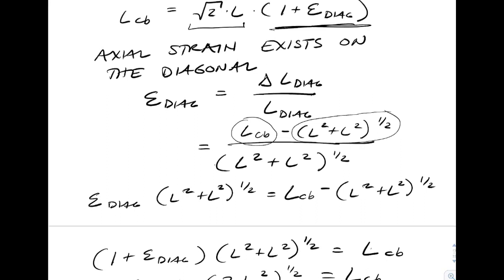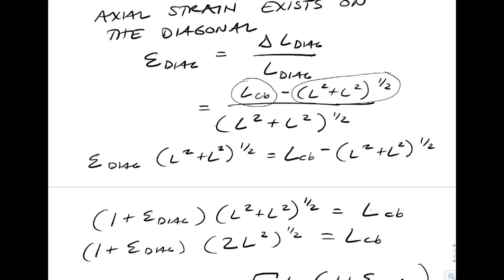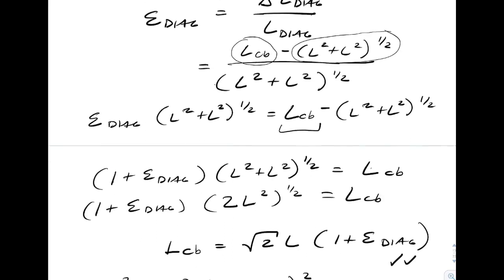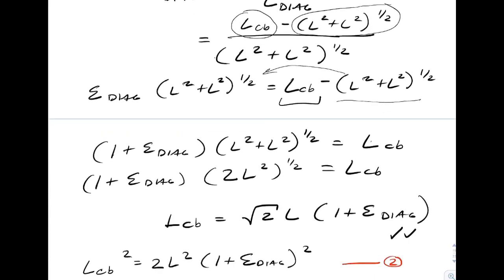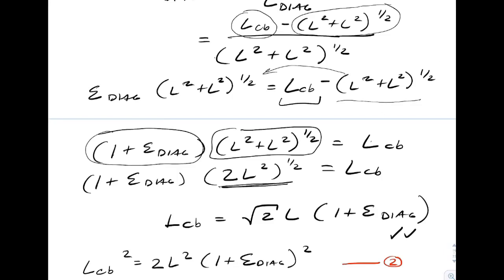We'll take the denominator over to the left-hand side, and then we're going to isolate LCB. So we'll take this term to the other side by adding it, LCB, and we'll factor that term out. So now inside the parentheses we've got 1 plus epsilon diagonal. We'll do just a little bit of math right there, simplify it. We get root 2L times 1 plus epsilon diagonal. So we've got two expressions for the length of the diagonal after the loads are applied,